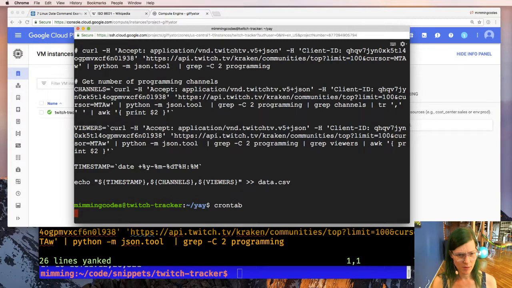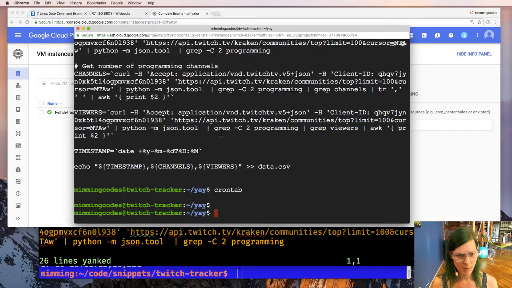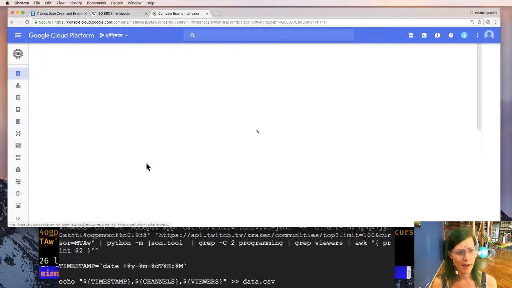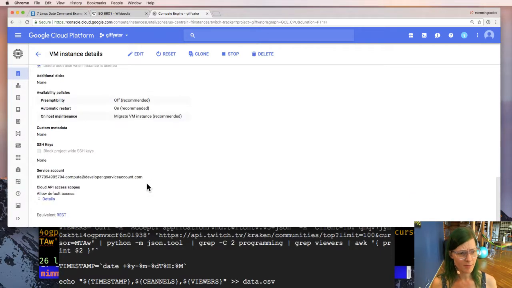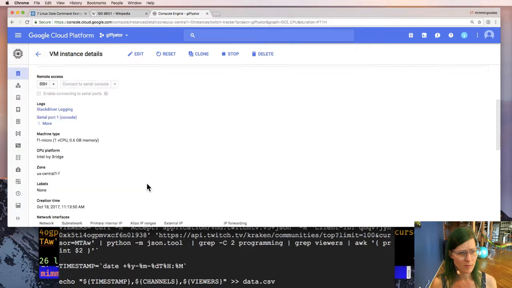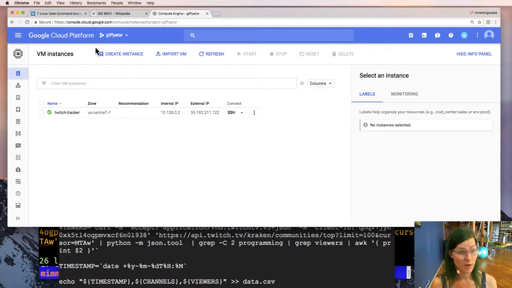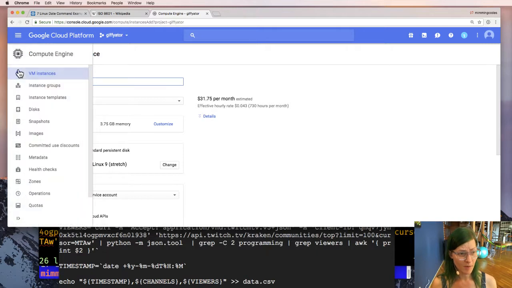It's been a while since I've modified a crontab on, what is it, Ubuntu? Debian? What am I running? It is indeed. I don't know what image it's running off of. Ooh, an Ivy Bridge. Okay. So let's go back to the create dialog and see. Oh yeah, so it's Debian. Okay, 10 gig persistent disk.